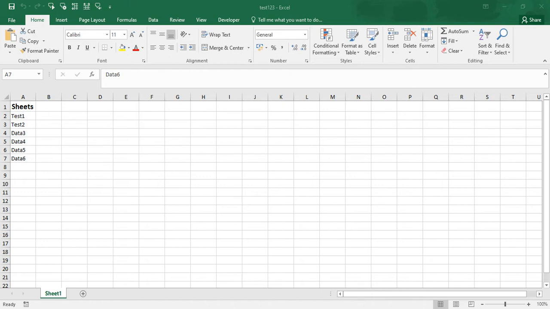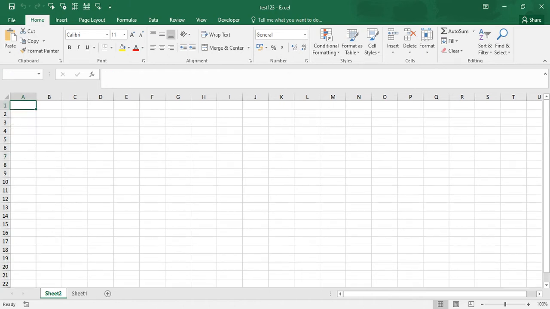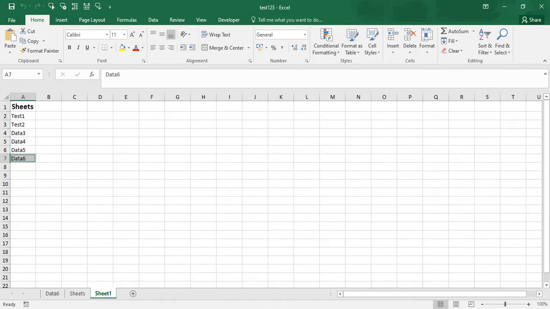Right now we are running our bot. If I click on A7, which is data 6, with the control key pressed, if you observe, we got the data 6 sheet.